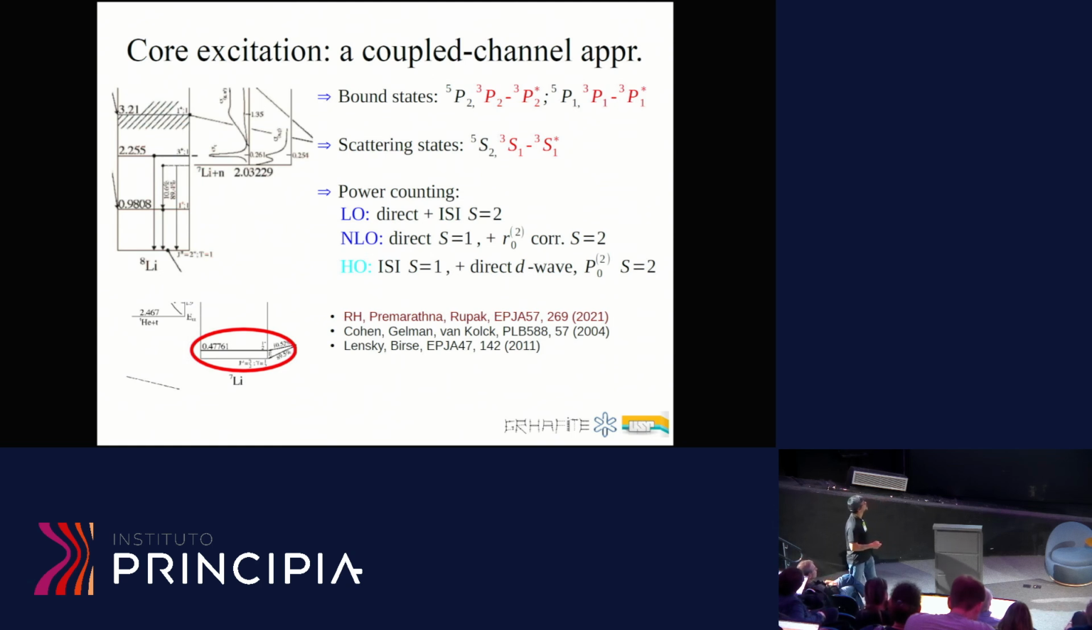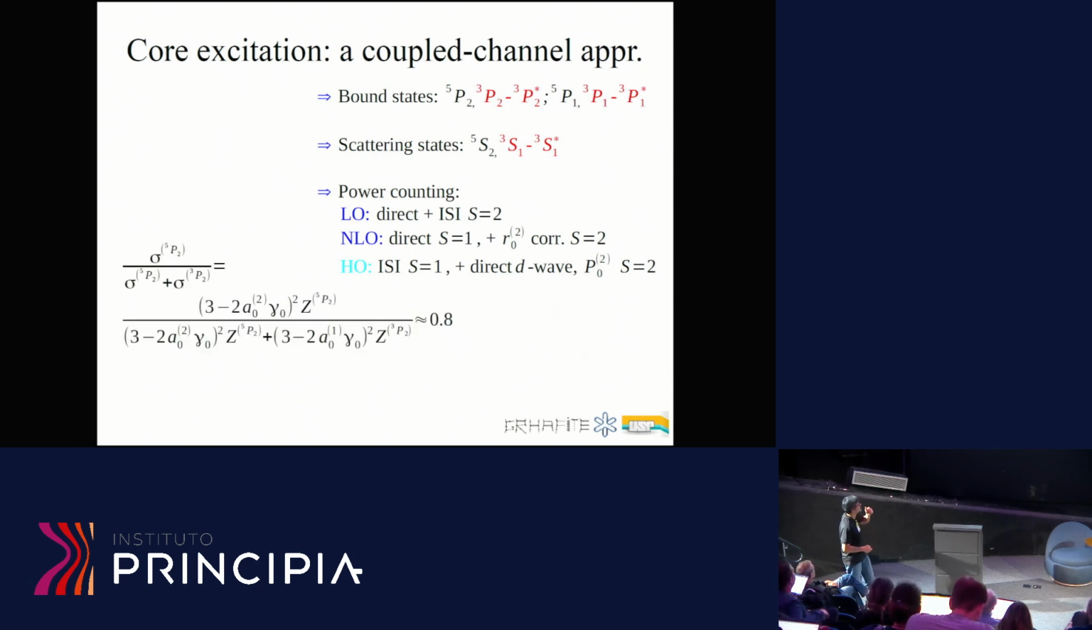And we actually did that to put our theory on more solid ground, but for practical purposes, it didn't change the result much because